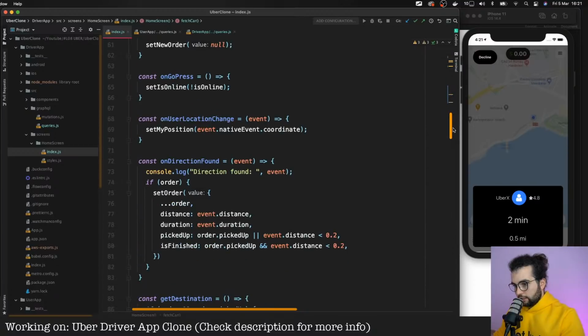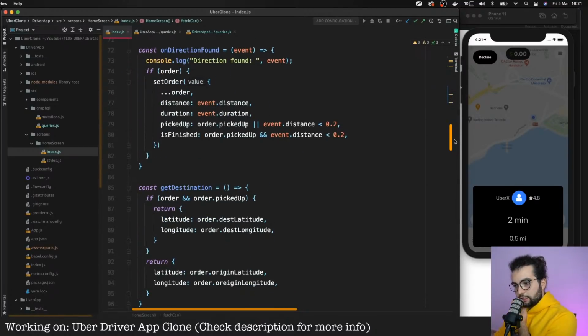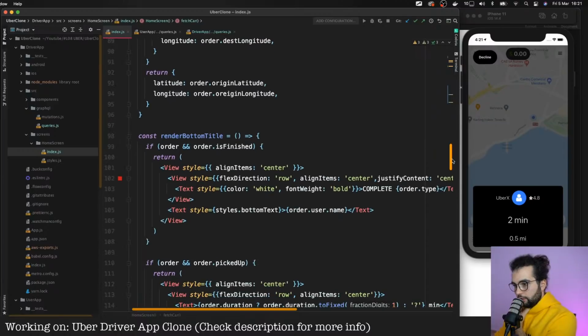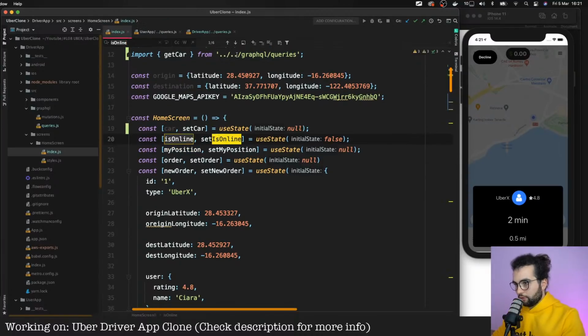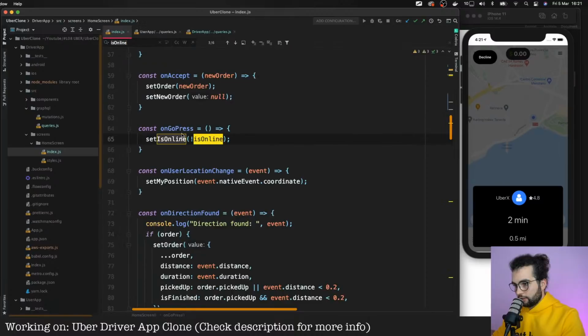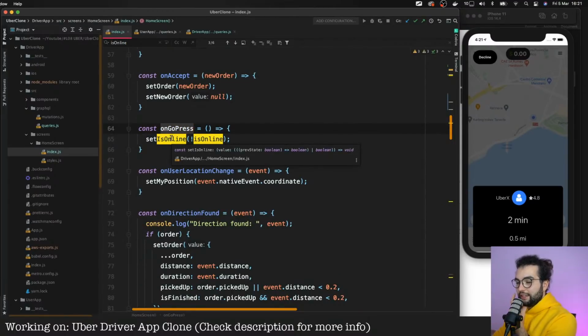And what do we need to do next? The render bottom title. Yeah, right now this is isOnline. We should replace the isOnline with car.isActive. So let's have a look where we use this isOnline. On goPress, here on goPress we will update the car. Okay, that's not what we will need.